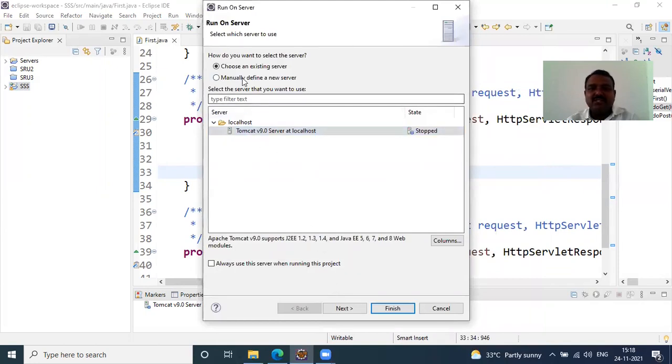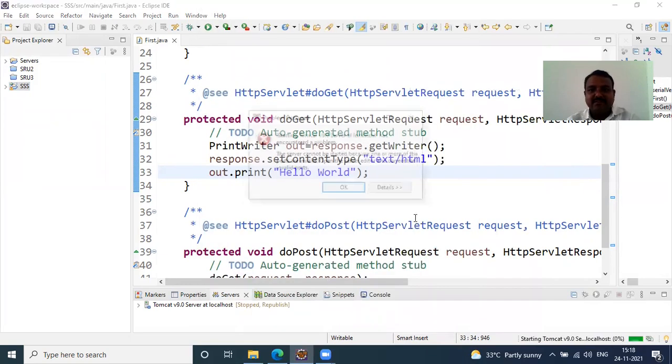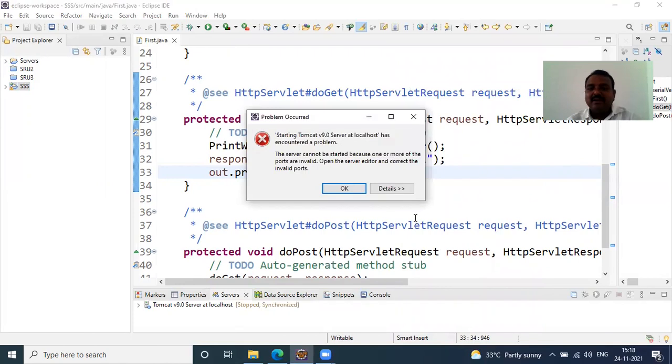I'll be getting this sort of window here, and I say next. I can choose this project here, and then I say finish. Now with this step, we are going to execute your program. But again, I find an error saying that starting Tomcat version 9.0 server at localhost has encountered a problem.